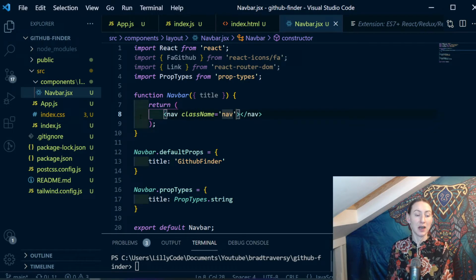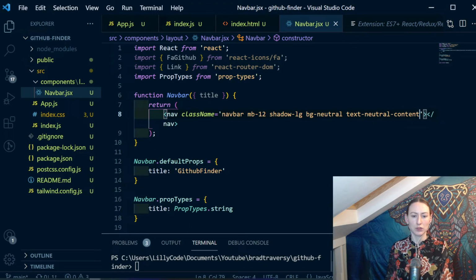So one of these is navbar, which will add padding and stuff, and we'll also add mb-12, which is margin bottom of 12, and we'll also add in shadow-lg, so it'll give us some drop shadow, and a background neutral. And that's a DaisyUI class, and we'll also add in text-neutral-content, which will say how the